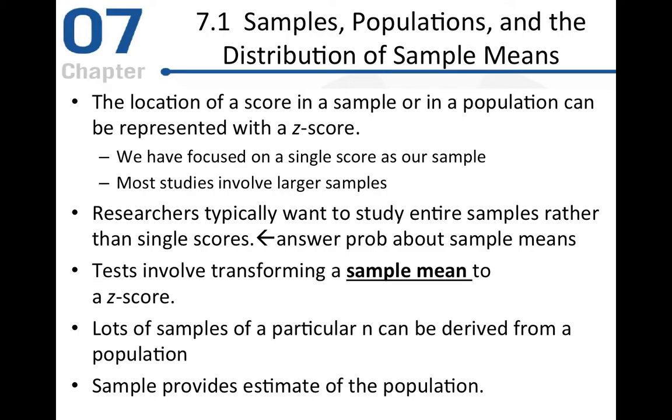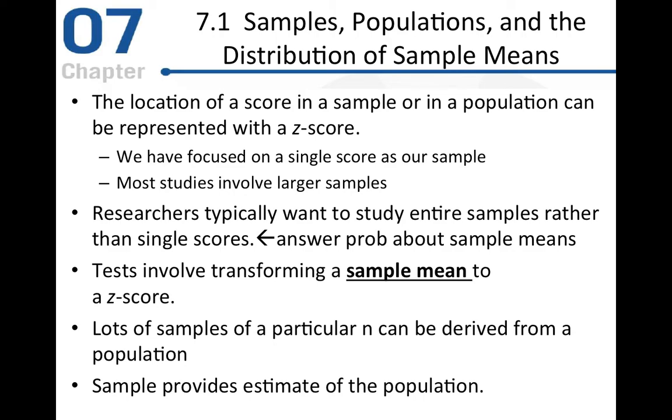So when we focus on one particular score, we don't really understand much about the actual population, because if it's just one score in and of itself, it's potentially going to have bias. It's going to be different than other single samples that we could have drawn. So basically, a way to get around that is to draw larger samples. So N of 30, N of 100, things like that, and then extrapolate the information we learned from that to